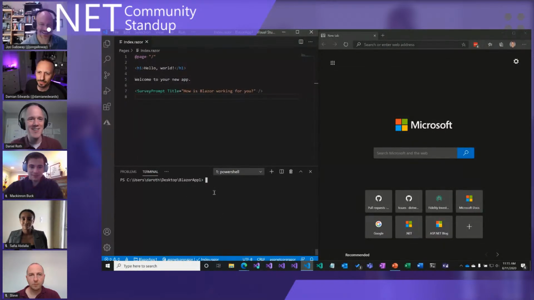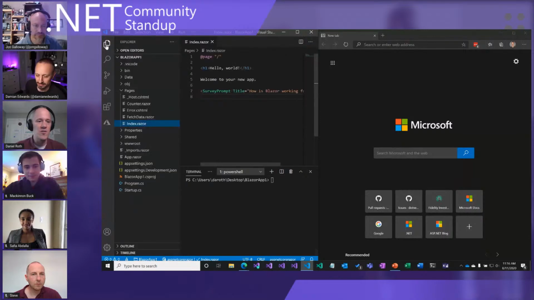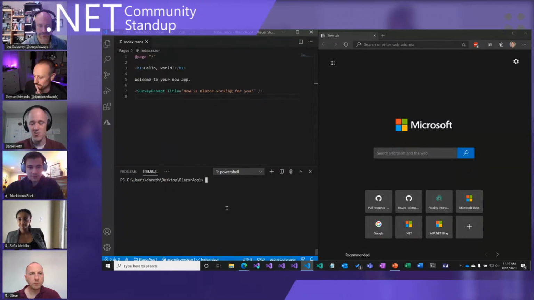All right, cool. So the last thing I wanted to show was just a little development experience improvement that we've been working on. Damien's been working pretty hard on this in conjunction with the Blazor team. So I've got a Blazor application open here in Visual Studio Code. This is just the normal Blazor server template. And I've got the terminal open at the location of this project,